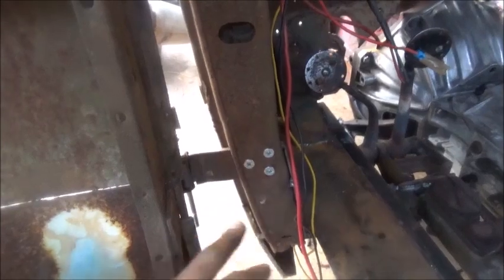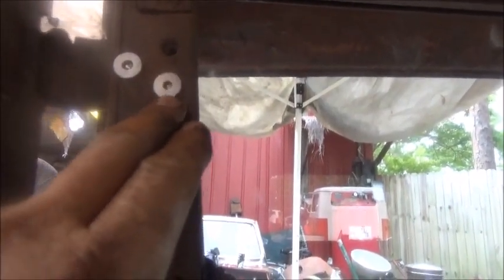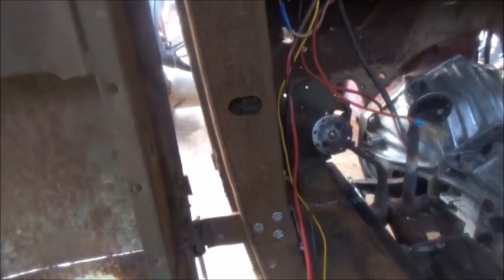So, and I'll show you up here. I've got these ones in temporary. I'm going to run a tap through that hole yet, but you see how much too big these are. These are just temporary. Now I've got some, and what I'm going to do is turn the heads down on the lathe, and I'm probably just going to slot them as a flat head, and that way they'll go in,